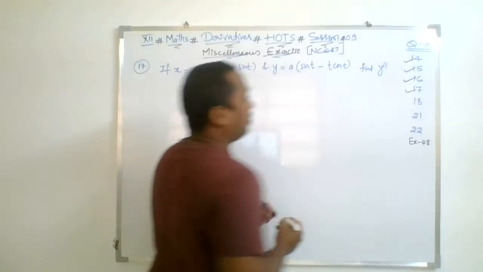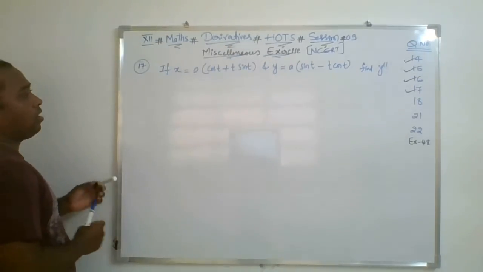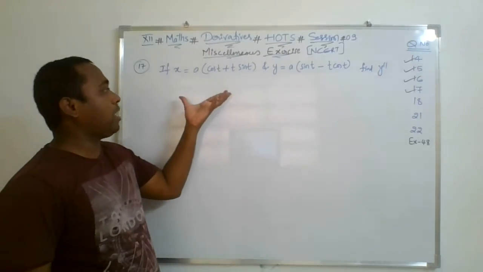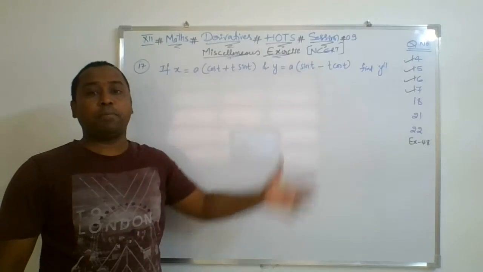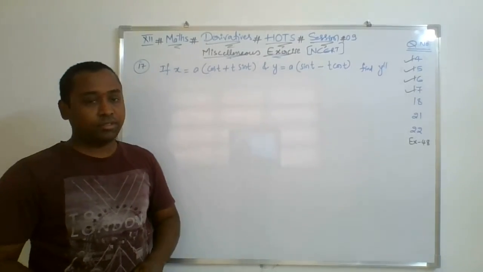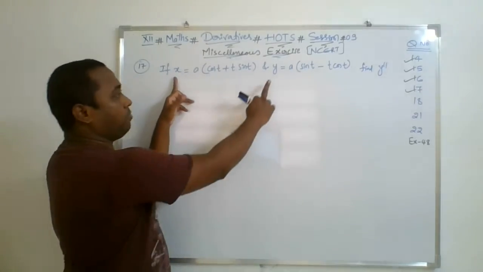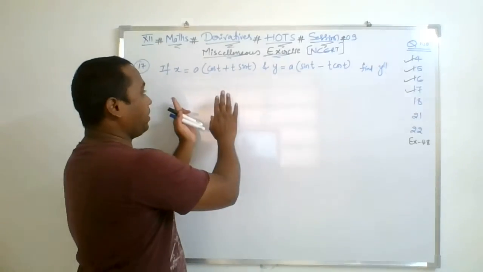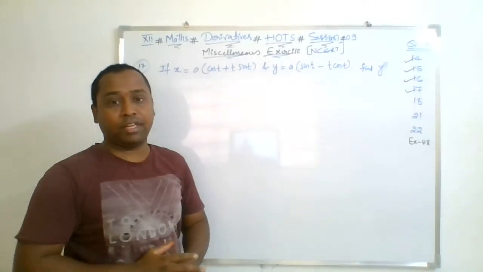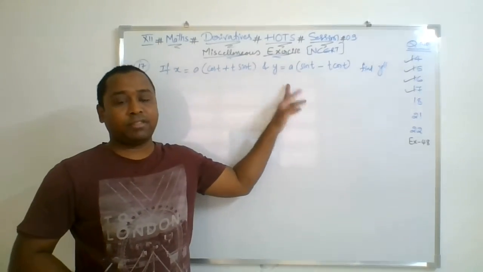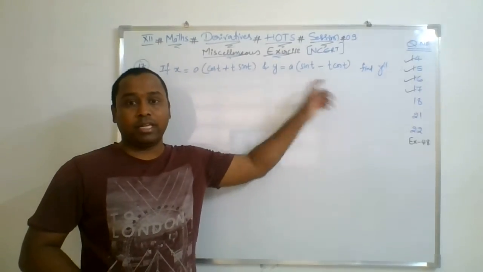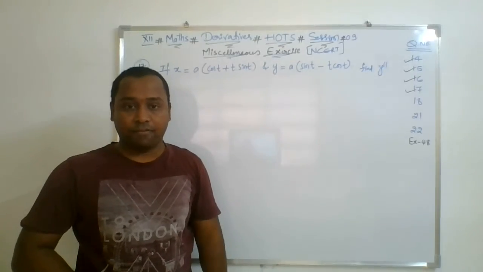Now let's check how we will get. Now first, have a look over the question. Do you remember we have studied the parametric form of the equations where x and y, both the variables, are expressible in terms of the same variable, that is t. If x and y are expressible in a common variable, then this form is called parametric form.